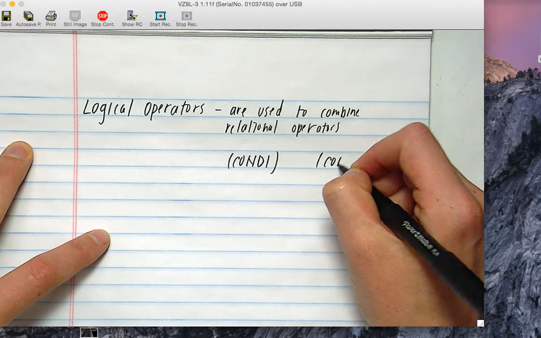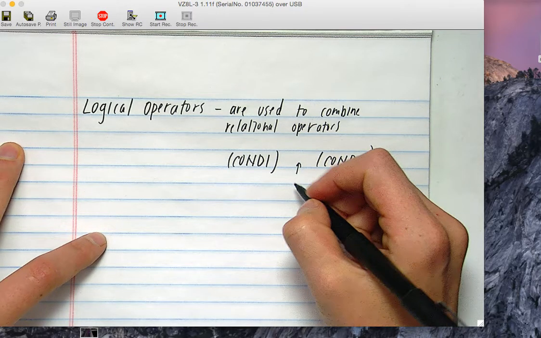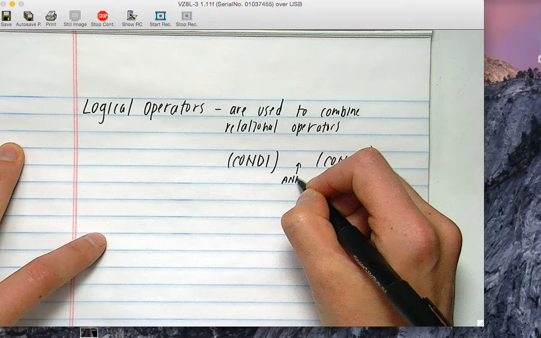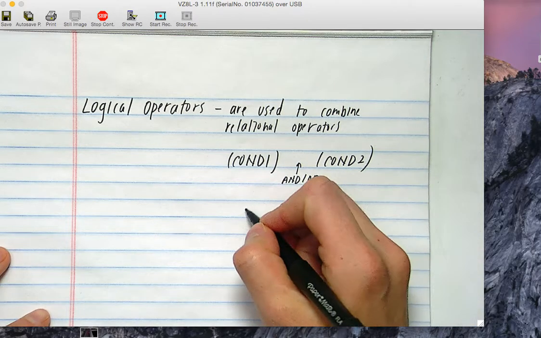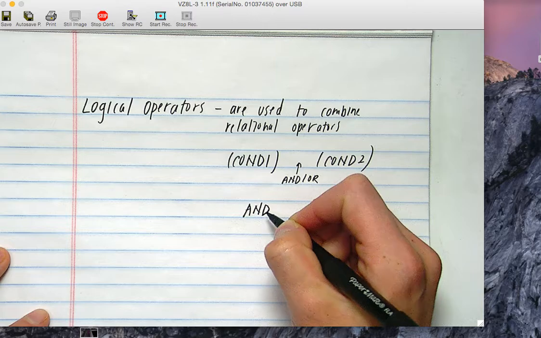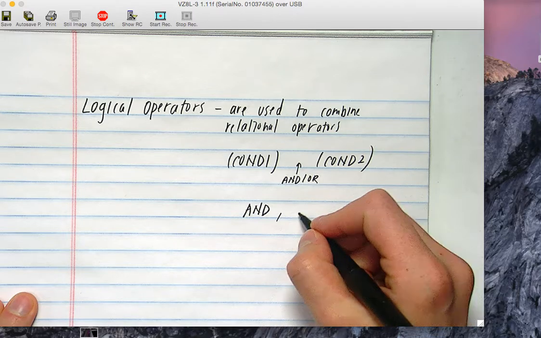So let's say you have two different relational conditions. Logic, for the most part, would be either an and or an or in between the conditions. And so in MATLAB, if you want to look at when two conditions are both true, then you use the and